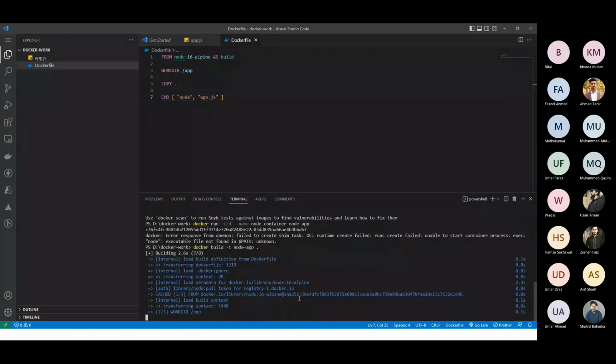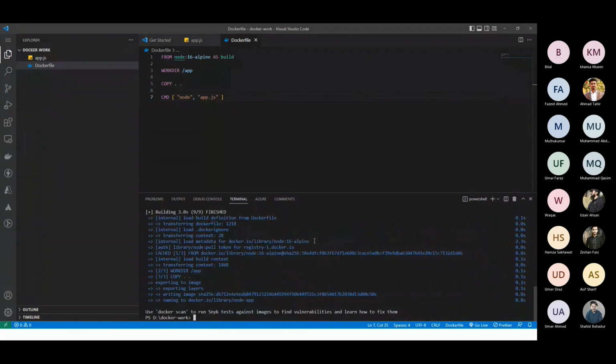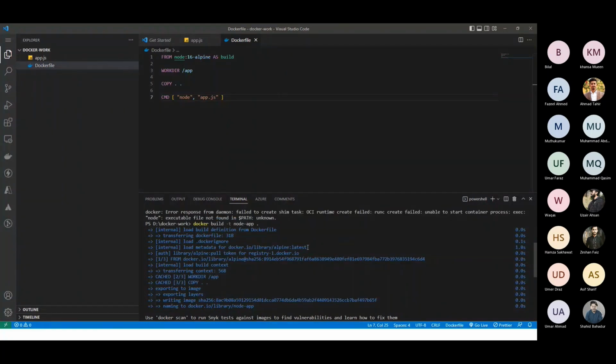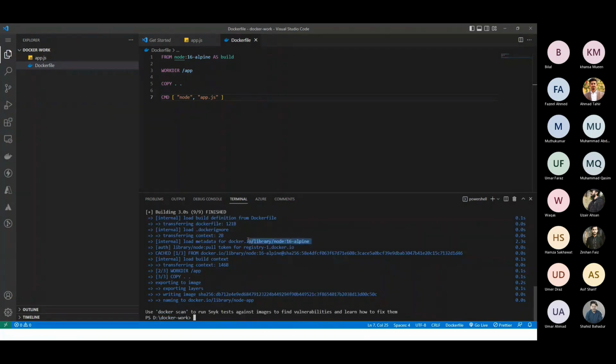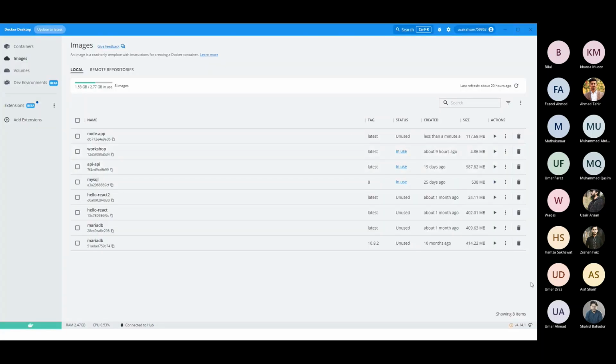ये देखिए, दिस इज द डिफरेंस आई वांटेड कि आप सब नोटिस करें। ठीक है, पहले उसने अल्पाइन की लेटेस्ट इमेज ली थी। अब उसने नोड 16 की अल्पाइन वर्जन की बेस इमेज ली है। और अगर मैं आपको अब इमेज का साइज दिखाऊं, तो यू कैन सी कि मैंने नोड की अभी सिर्फ बेस इमेज गेट की है और उससे अपनी इमेज बनाई है। तो मेरे पास उसका जो साइज है, मेरी ओवरऑल इमेज जिसके अंदर सिर्फ मेरी एक ऐप डॉट